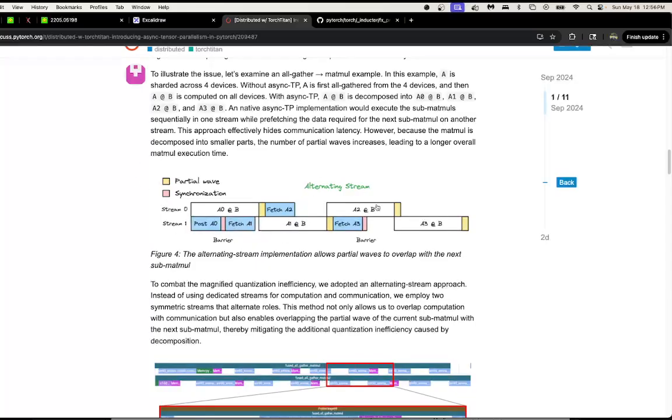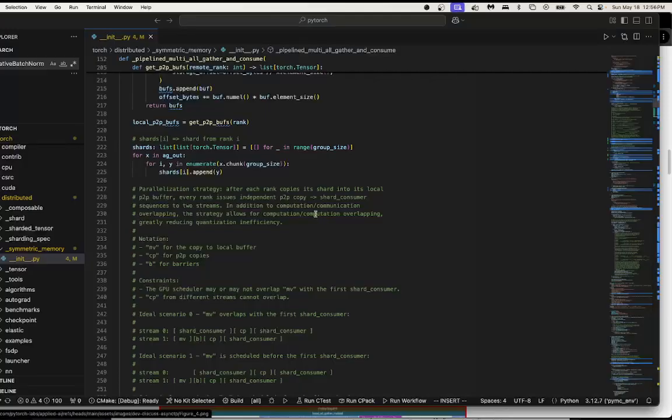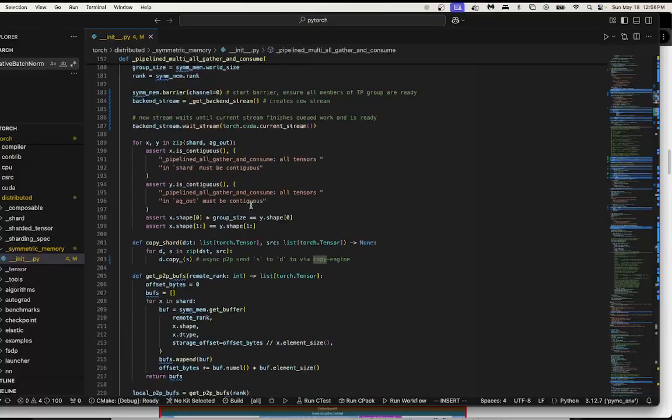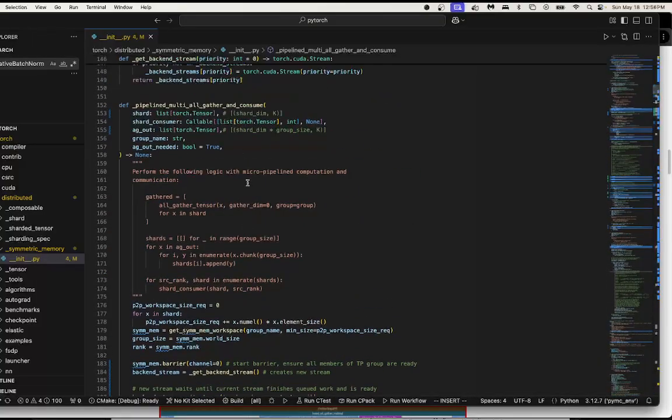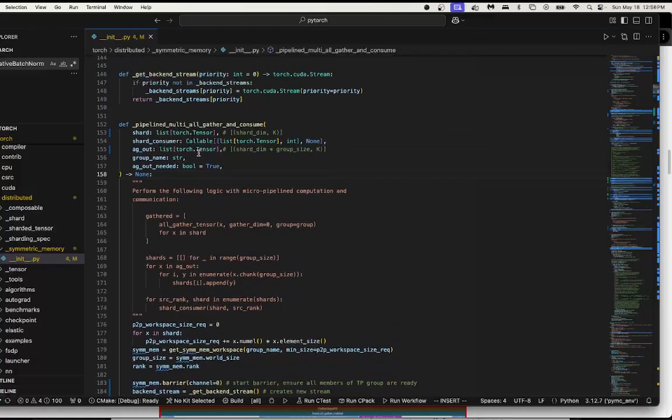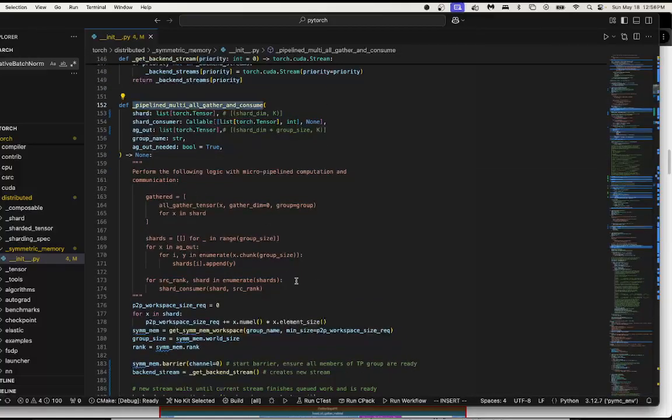This approach, like how the micro-pipelined symmetric memory-based alternating stream implementation works, you'll see it's actually pretty cool. So, full context, I don't understand every single detail of this, but I'll show what I do know. This is called pipeline multi all gather and consume. Basically, if you look,